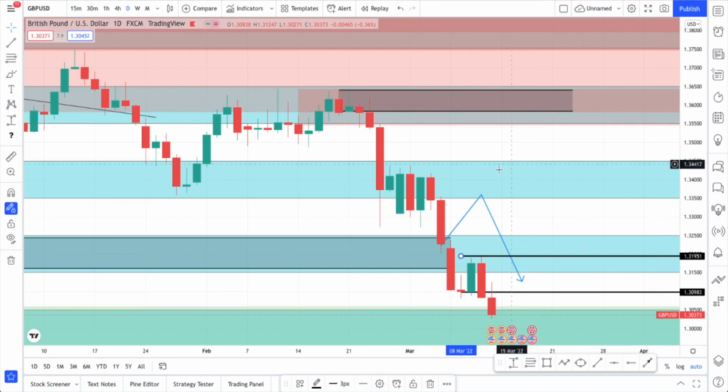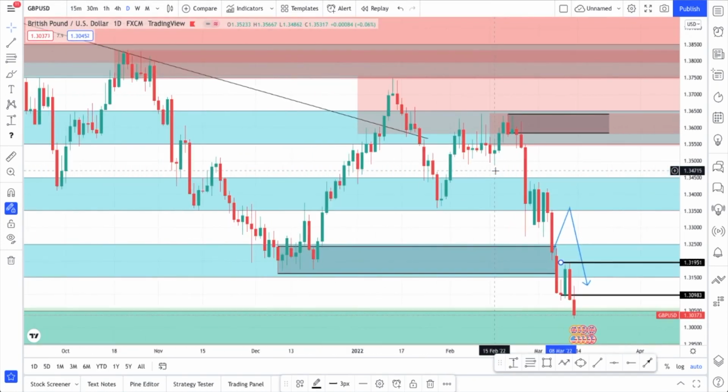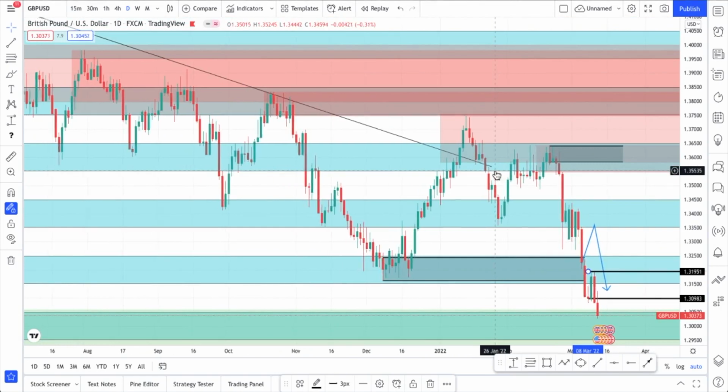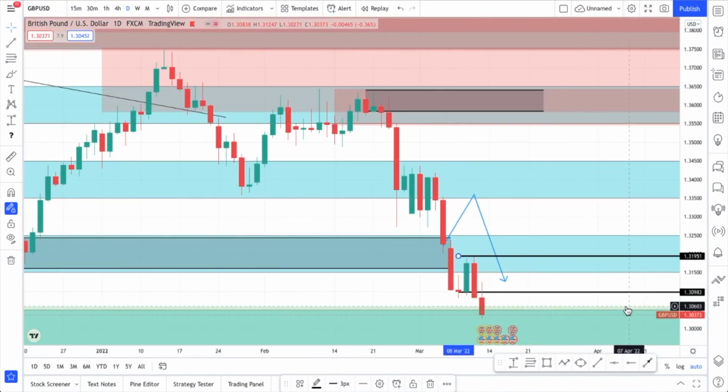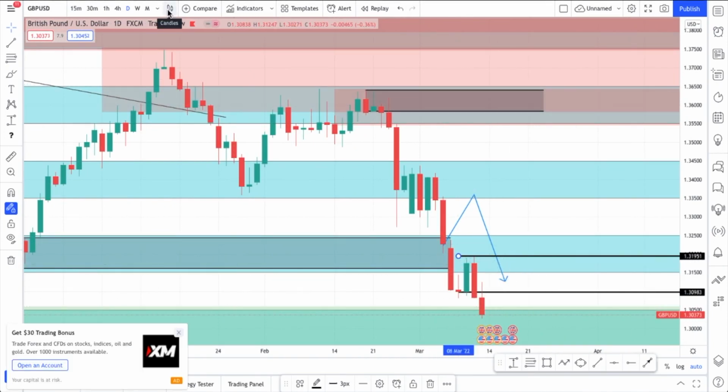So due to this risk off sentiment, I believe the dollar is likely to still see strength in these coming days and weeks or so, but I would still be careful due to what is happening in terms of the technicals on the dollar index, which is involving the dollar hitting a previous monthly and weekly zone of supply, if I might say. So with that being said, I will be looking for short trades over here on the pound dollar, and as things stand, it's a waiting game. So I will now move on to the indices.